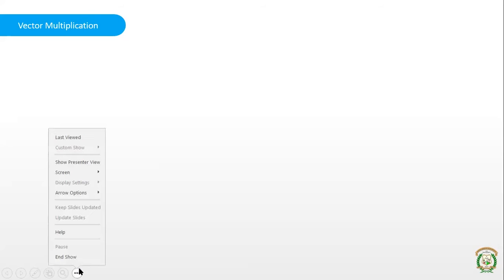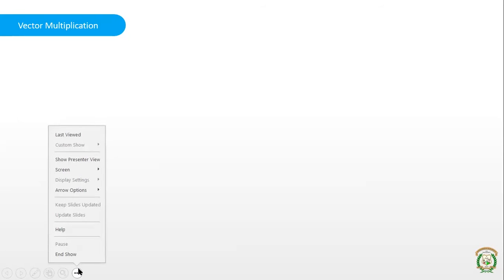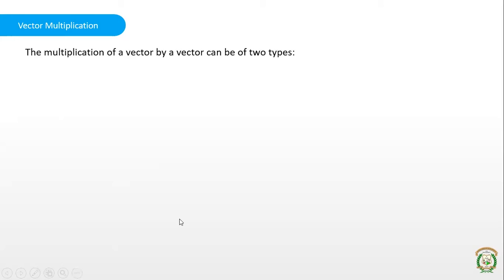What you are doing is just scaling. It is not multiplication of a vector by a vector. We have seen examples: if you take a vector a and want to find 5a, the magnitude will increase by 5 times, but the direction will remain the same. So it's just an example of scaling up or scaling down. Multiplication will scale up, division will scale down the magnitude of the vector.